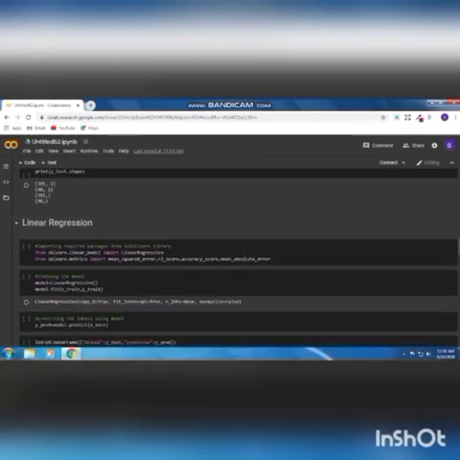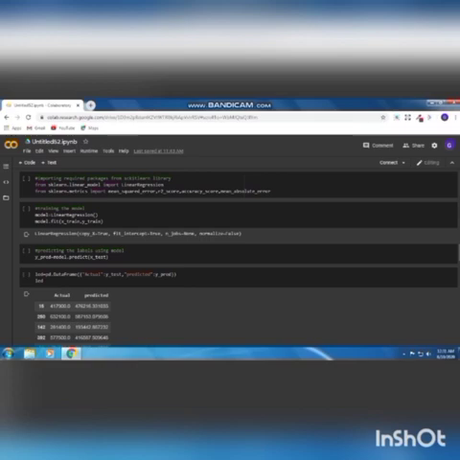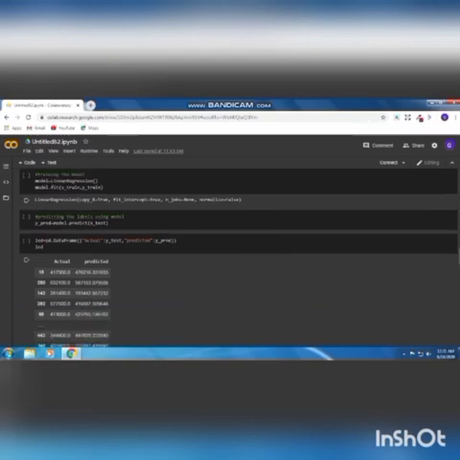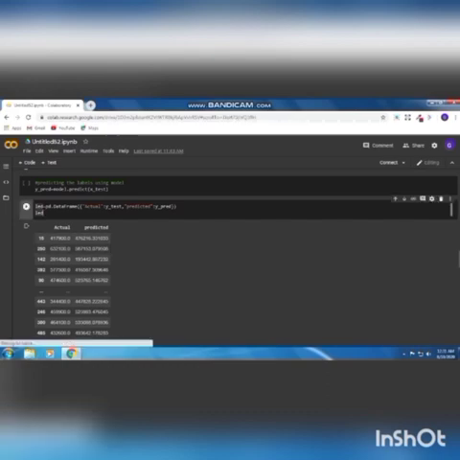Now we are performing linear regression on the data. First we are importing LinearRegression, then we are importing r2_score, accuracy score, mean absolute error, and many more. Now we are preparing the model. Now we are training the model by fitting our training dataset into the model. Here the model is training in the form of linear regression. Now we are predicting the labels using our model. Now we are drawing a comparison dataset between actual and predicted values, and the predicted value is from the model.